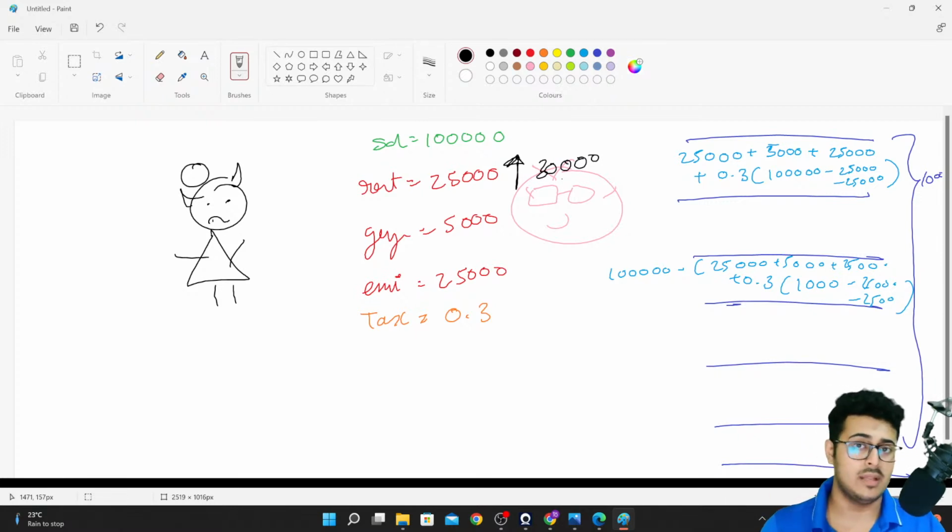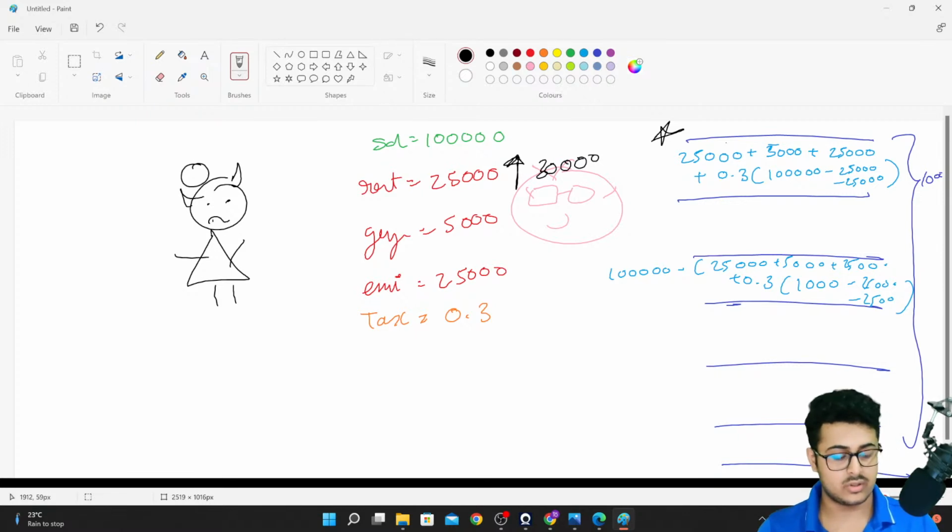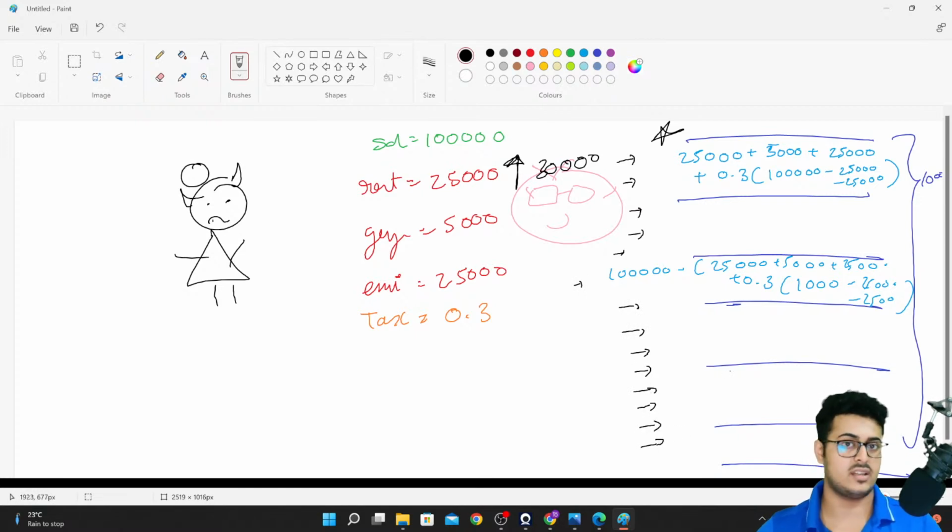But now the problem is that your code, the entire 10,000 lines of code that you have written right over here, everywhere, wherever you have calculated your taxes or calculated your savings, expenses, you have used rent as 25,000. So if you want to change it to 30,000, you will have to go through every single line and change all the rents from 25,000 to 30,000. Now that's a huge pain in the ass. Okay, it's a huge problem right now. You don't want to do this.